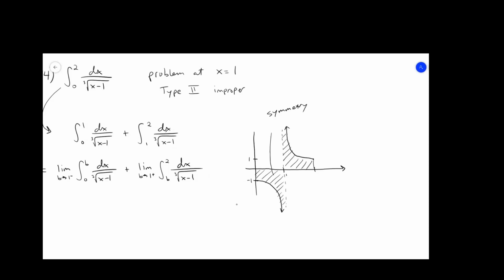Symmetry, this and this are the same, except they're not quite the same because one of them would be below the x-axis, and one of them would be above the x-axis. However, in absolute value, those areas would be the same. All right, but if you think about it, that actually gives us something we can work with,